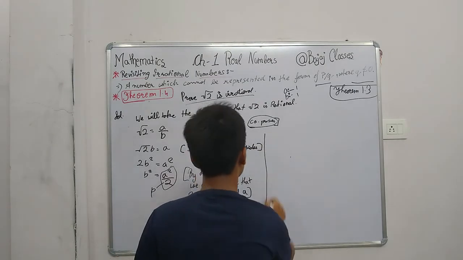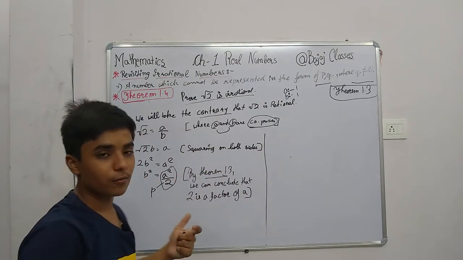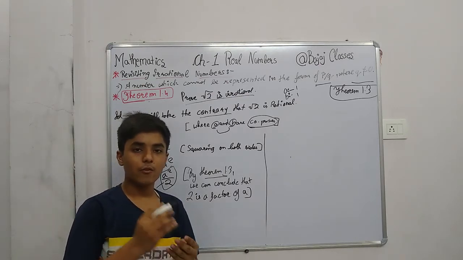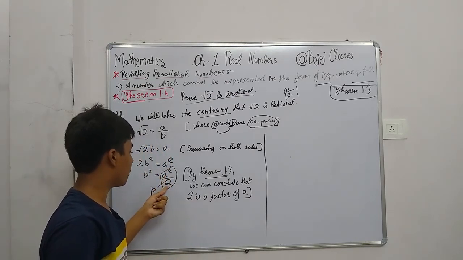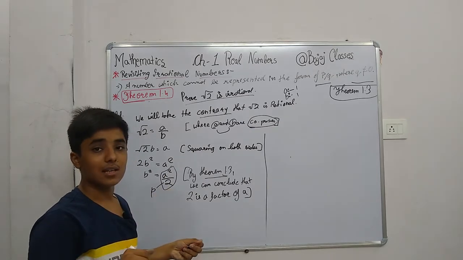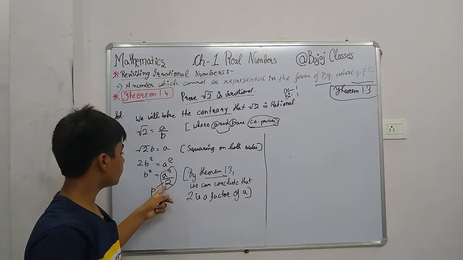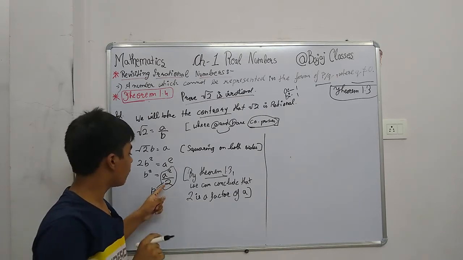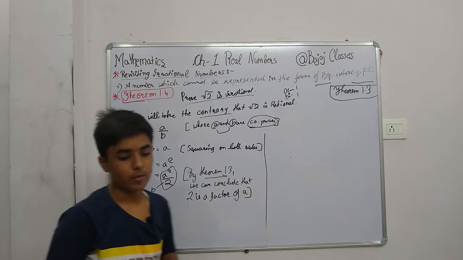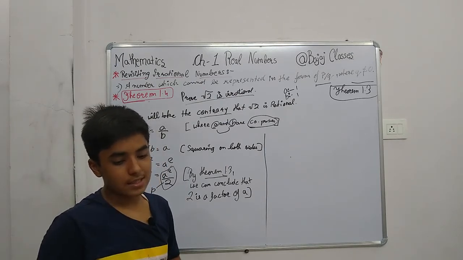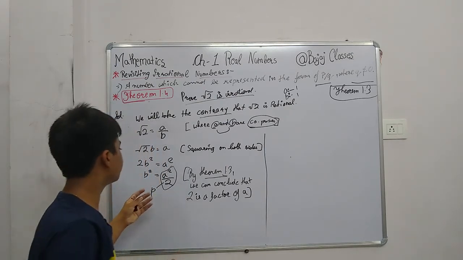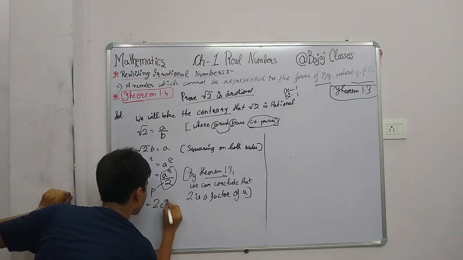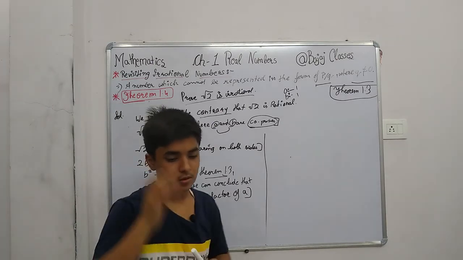One more thing you have to remember, that you all know, if we want to divide a square by 2, that is, a by 2, then we also have to take a quotient by which, if we multiply 2, we will get this number. So we will take it as b square equals 2c square.